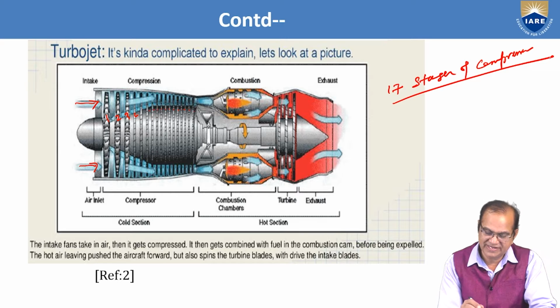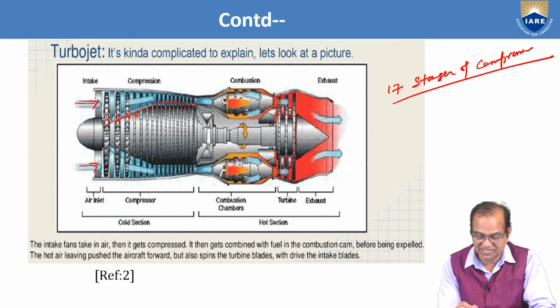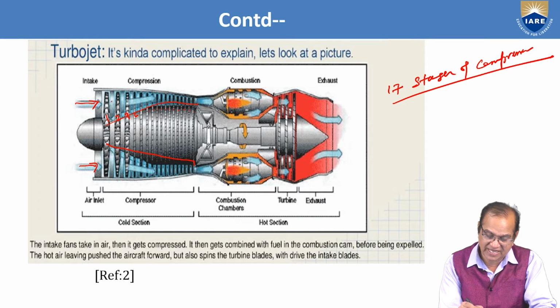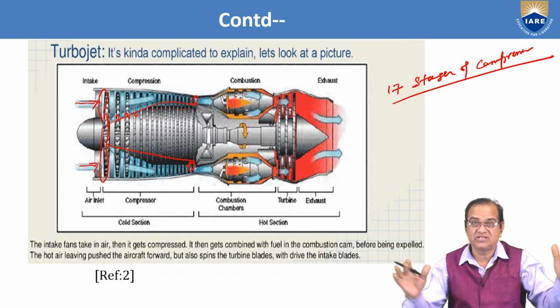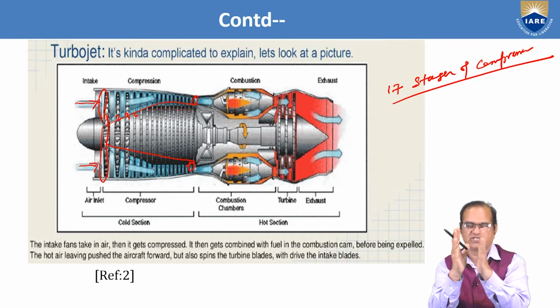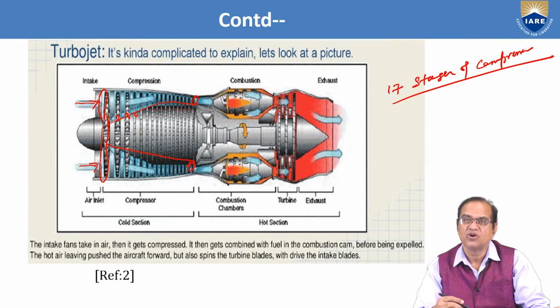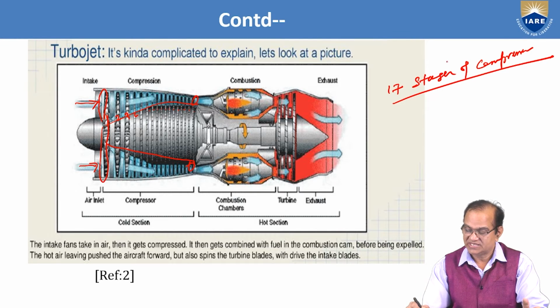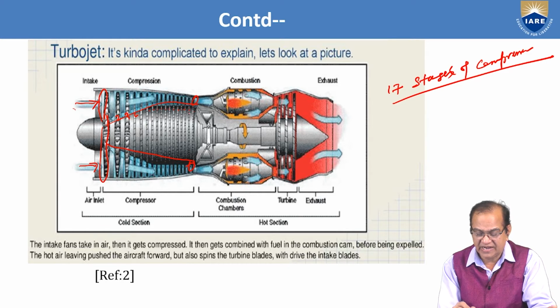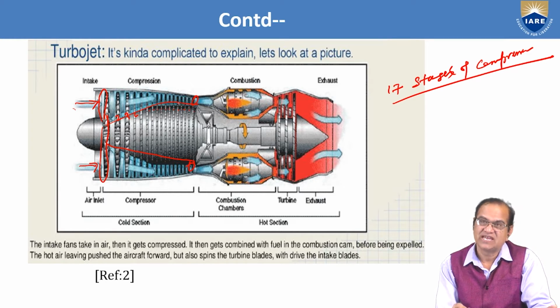Okay, so it is a simple turbojet engine. You can see the area is also tremendously reducing. Initially the area was this much, and now it is only this much. So that much volume is compressed to this much. That is called the compression ratio. To have a higher compression ratio, we need more stages. Here I have shown 17 stages of the compressors. As air is entering and it is rotated, air is compressed.